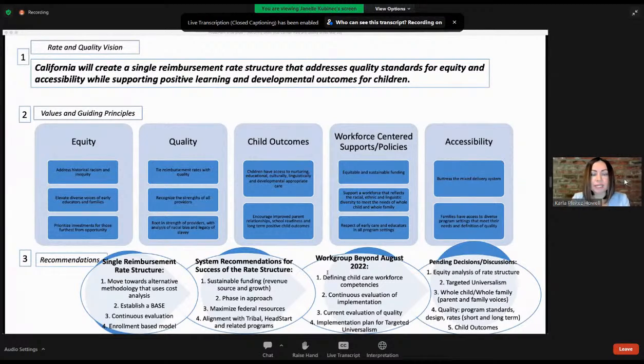So today will be a lot of discussion on what are base variables, what does quality look like, how do we ensure those base variables include equity, and it will be to inform this first sort of elliptical circle under recommendations. For system recommendations, the next circle under number 3, you all shared really clearly that a lot